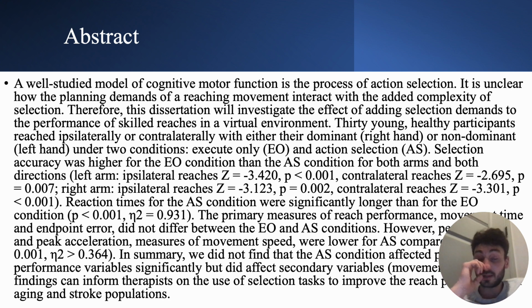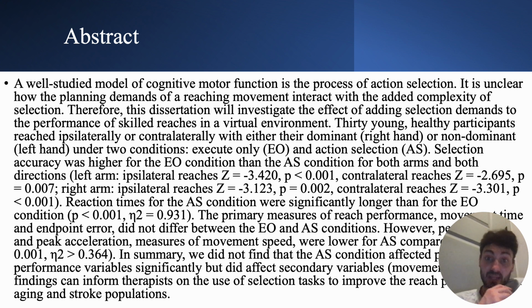So this is what a possible abstract would read like. A well-studied model of cognitive motor function is a process of action selection. It is unclear how the planning demands of a reach movement interact with the added complexity of selection. Therefore, this dissertation question will investigate the effect of adding selection demands to the performance of skilled reaches within a virtual environment. So I gave the example of 30 young healthy participants reaching with their dominant right hand or their